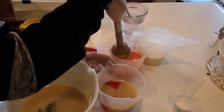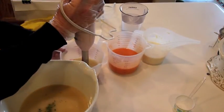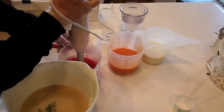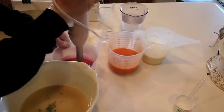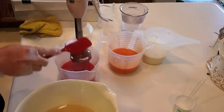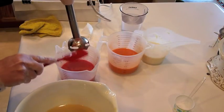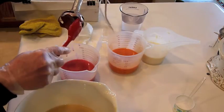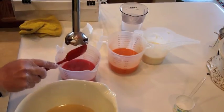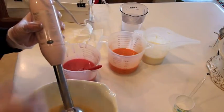Love orange. One of my favorite colors. That and purple. Now let's do our pink. A nice bright pink. I actually mixed that one with a little bit of fluorescent pink to make sure it was nice and bright. So I used the Fruit Punch red with a fluorescent pink. I don't know which one it was. It's from some sample pack. I'm not going to worry about it. I'm just going to go ahead and...